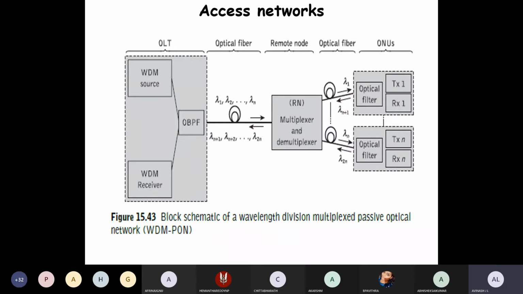From this connection you can see that when the transmitter and receiver are provided at the same place, the communication will be two-way. You can see that one particular block is called the multiplexer and demultiplexer block. In that block, it will do either multiplexing or demultiplexing. That is exactly the concept.